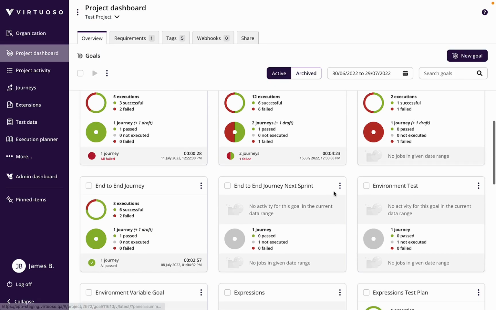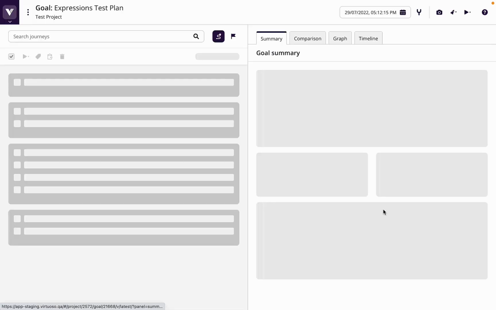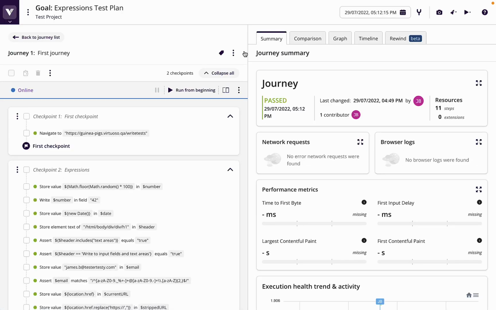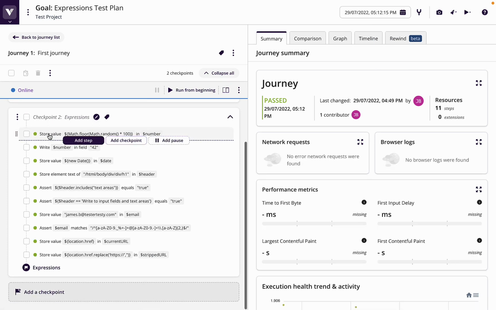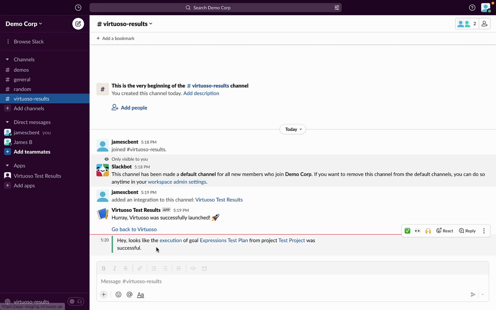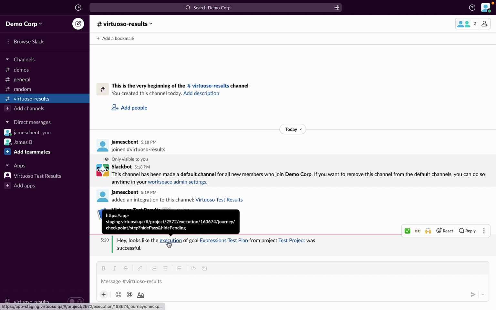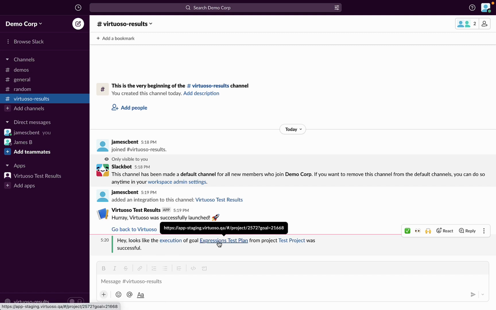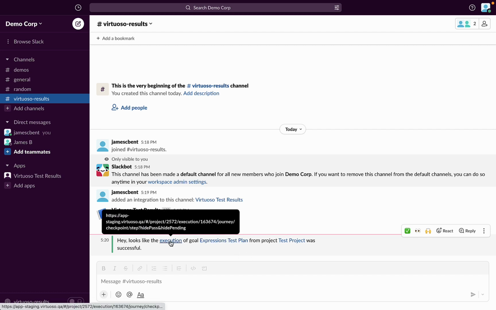So now what we can do is come in, go into a project and load up a goal. Let's look at our expressions test plan. So when I now execute this and the test is running, which we will see, so Virtuoso is running through the test. When it has completed and we go back to Slack, we see that we have a notification has come through that says the execution of this particular plan, the goal, has been executed, and we get a link into that. So if we click on execution,